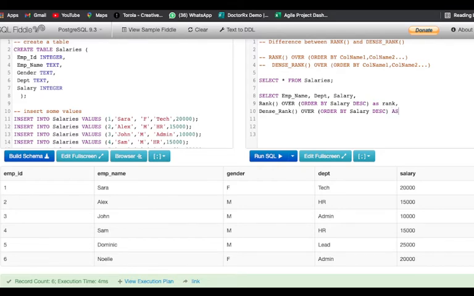We'll name the alias dense R. Then I'll just write from salaries, which is our table name. I hope this is clear. Let us try running this.